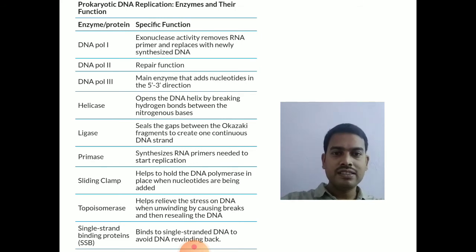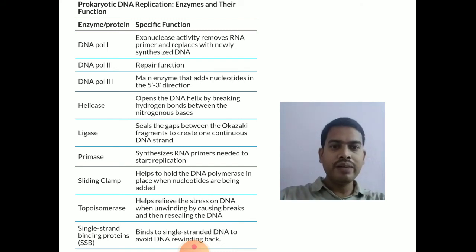So helicase, the main function of helicase is unwinding of DNA. The DNA will be unwound by helicase for the process of replication, and ligase will seal the nick whenever it is needed, which we will see during the process. The primase will synthesize short primers which are used by the DNA polymerases for the synthesis of DNA, and the topoisomerases will remove the strain involved in the replication process.